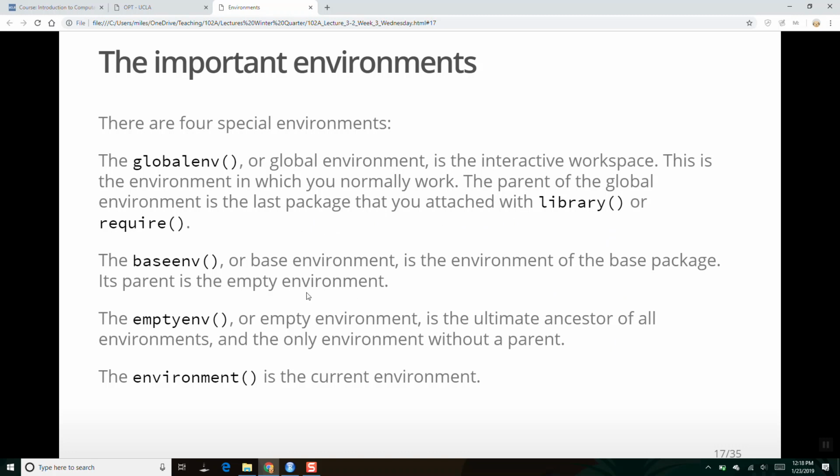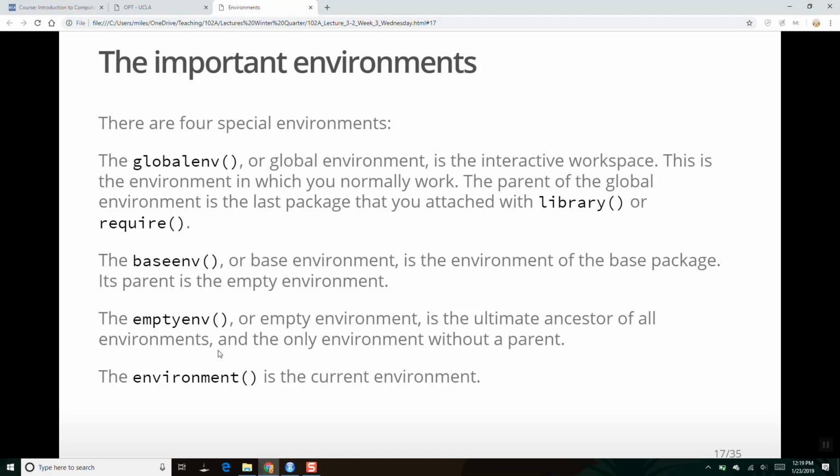The base environment is the base package that has all of the functions that we're accustomed to seeing. When you start up R and you have functions like c, combine, that allow us to do things, that name c exists within the base environment, right? So c is probably one of your most important functions inside R, and that exists inside the base